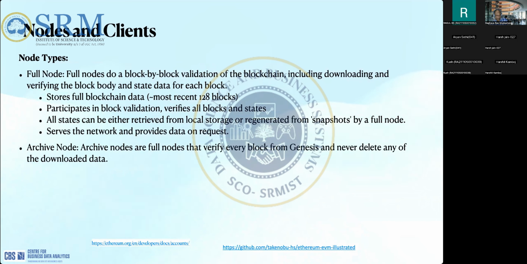So they will re-execute all the transactions in their local EVM to attain the same state as other validators. If they don't agree, there must be something wrong, and then it needs to be resolved. And it serves the network and provides the data on request.